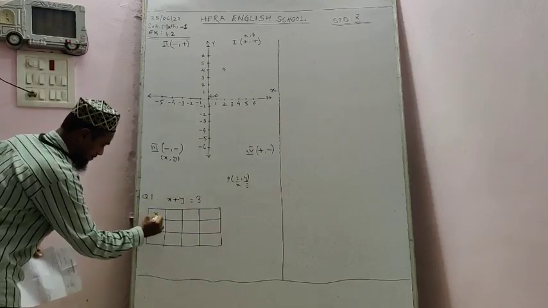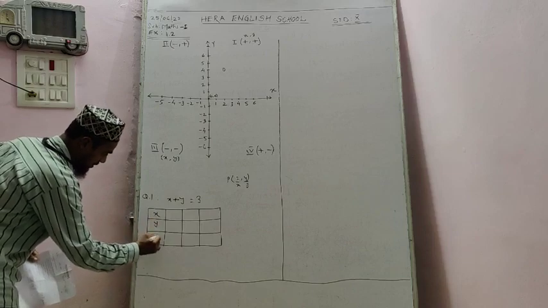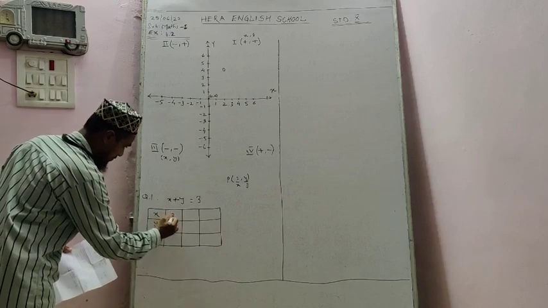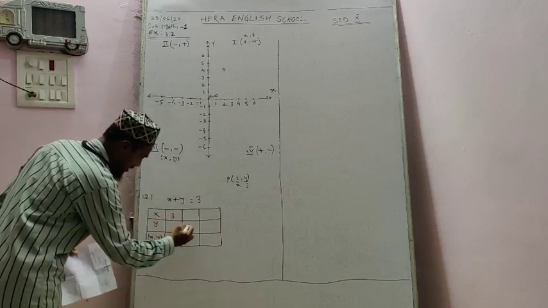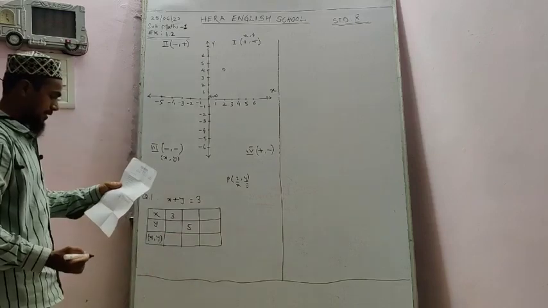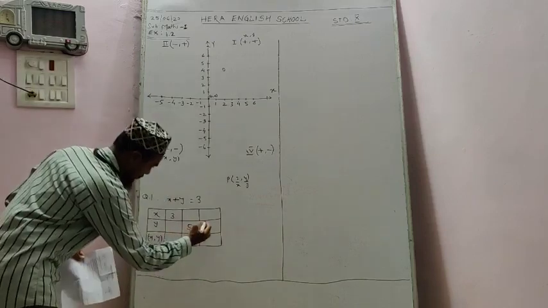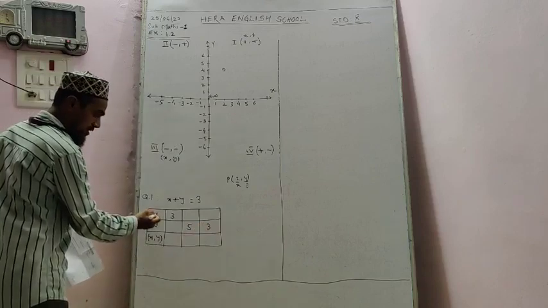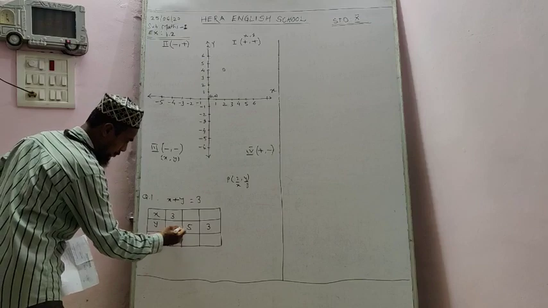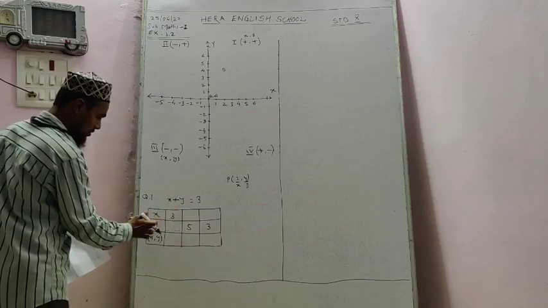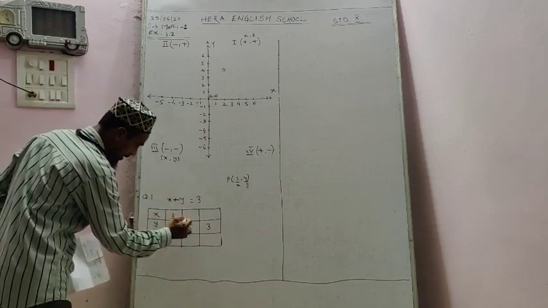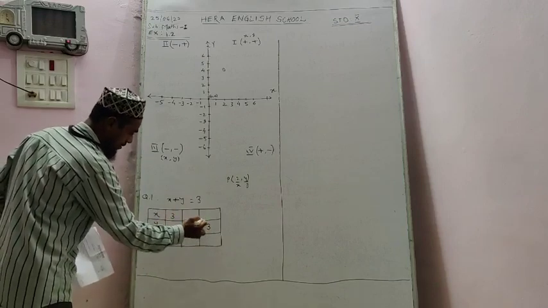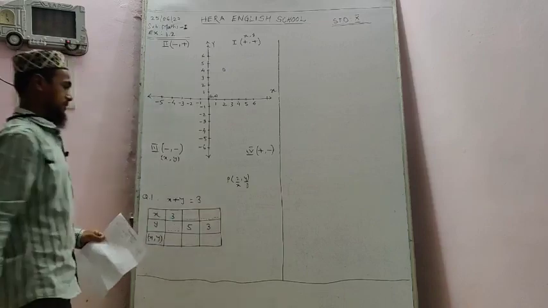Both values, x and y, are in the table. We are given in the first column the value of x as 3, in the second column we are given y as 5, and in the third column we are given y also, that is 3. Now here, using x we have to find y. In the second column, using y we have to find x. Same thing in the third column, using y equal to 3 we have to find the value of x.